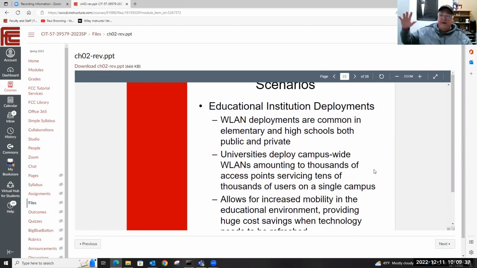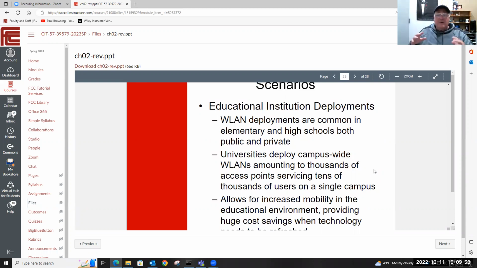Here at the college, do we cover the fountain area? Should we cover the parking lot? Should we cover the cafeteria or the bookstore, okay? Do we cover the entire campus? It makes sense, but it could cost a lot of money to cover the entire campus, and we kind of do